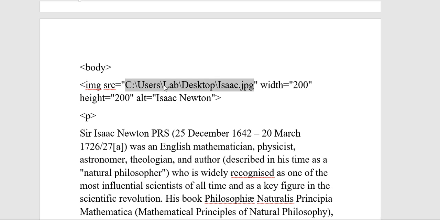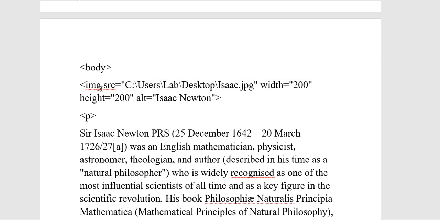Now how to copy the path of the image? Right click on the image which you want to insert in your program, and click on properties. From the properties you copy the location and paste that location in your program. After that, go again to the properties window, copy the name of the file, and paste it with the extension. You have to see whether it is JPG or PNG and assign the extension. In this way, this is the path where your image is located.